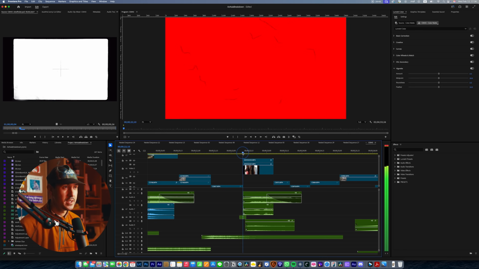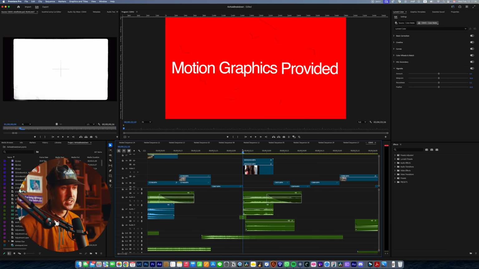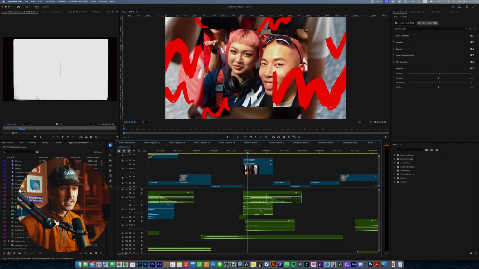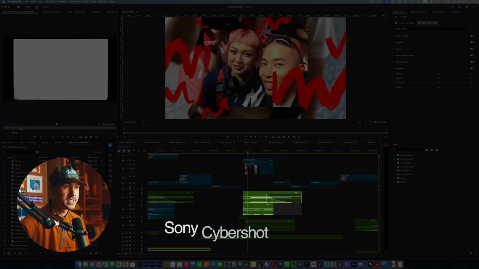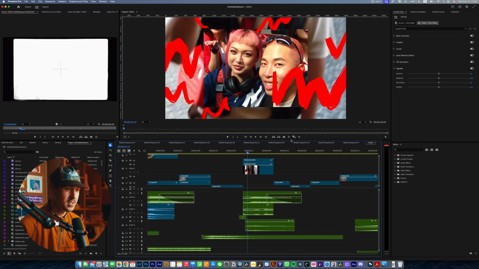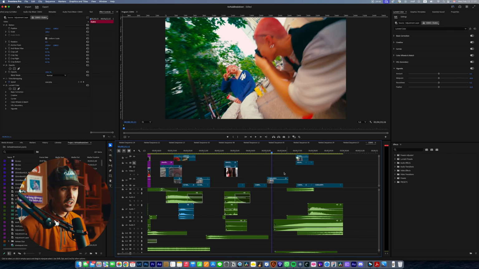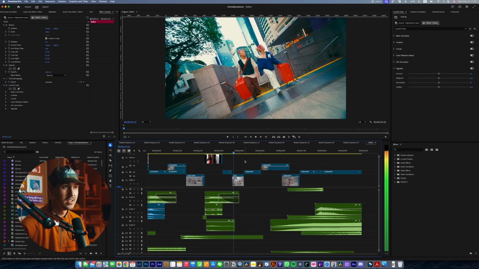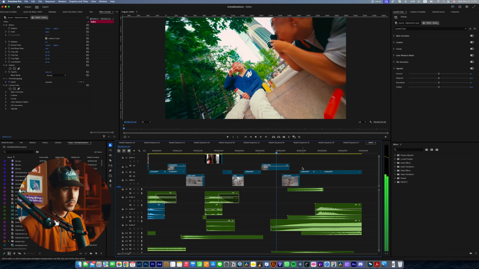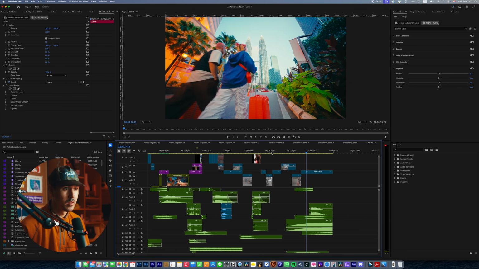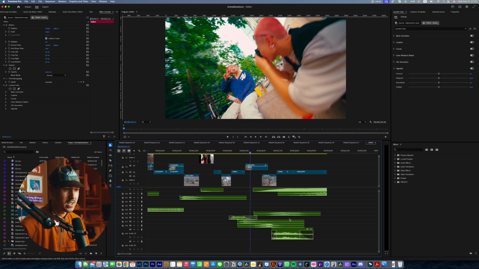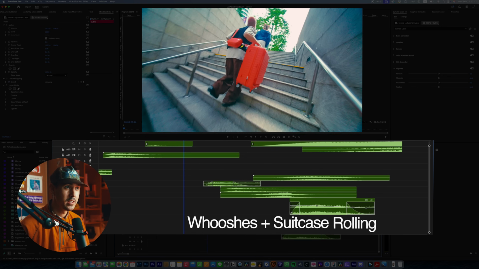I've got some sound effects here as well, and these motion graphics that they provided, instead of a regular flash, these red scribbles. This sound effect was just recorded on this actual Sony Cybershot that I shot this on. These last few shots are all shot on the Laowa 10mm. They're just super wide movement shots. And the sound design is basically just a combination of whooshes, suitcase rolling,